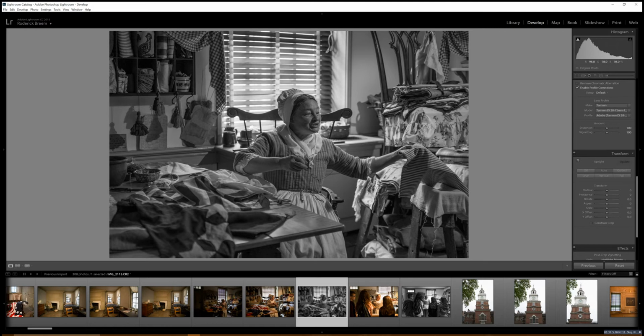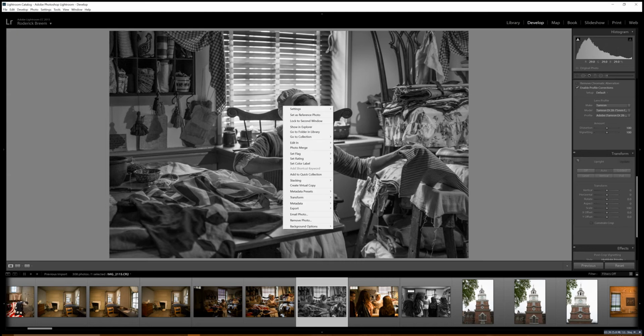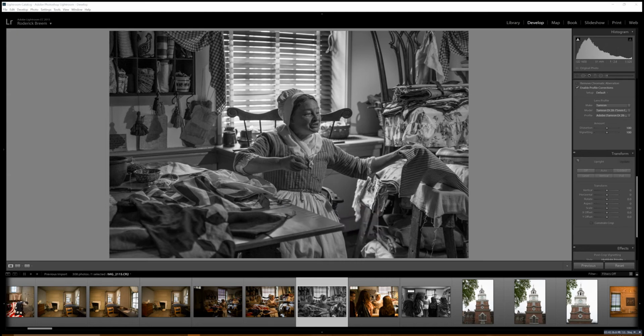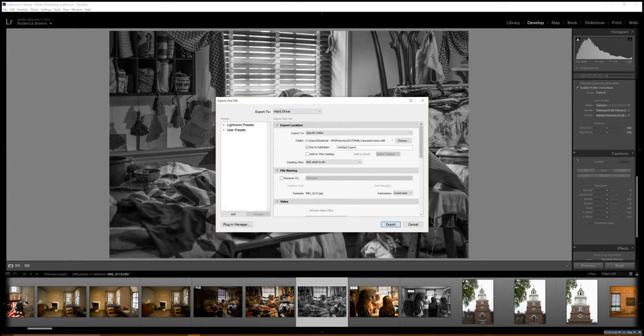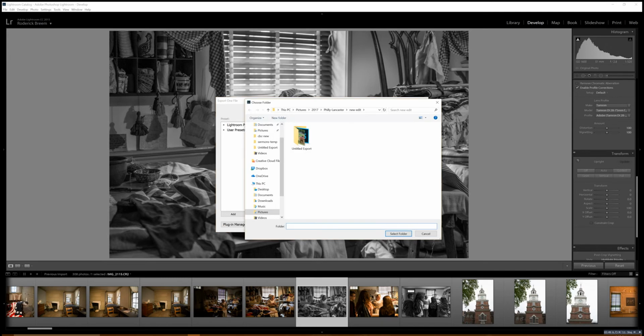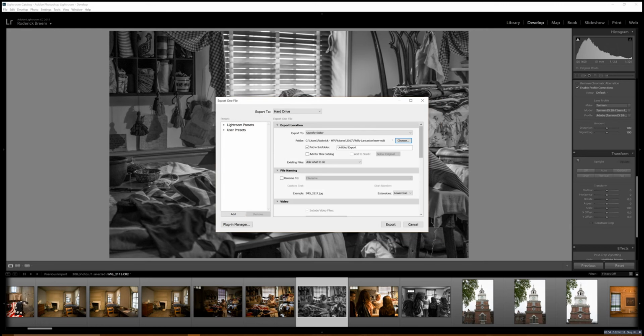So I'm going to right click and I'm going to go to export. Okay, and I've already got a folder here that I've chosen for it, right? So I'm not going to have to set that up. So you just choose the folder that you want, and what I always do is put in subfolders. So this way all of your edited photos are in a subfolder of your main folder. So pretty much simple. And then you can choose the quality,